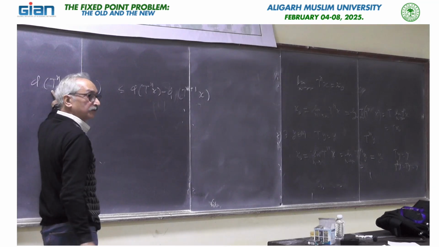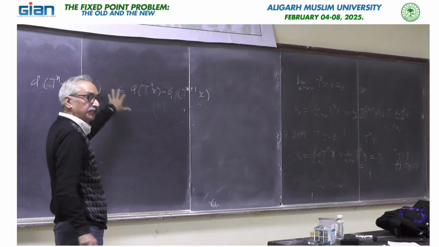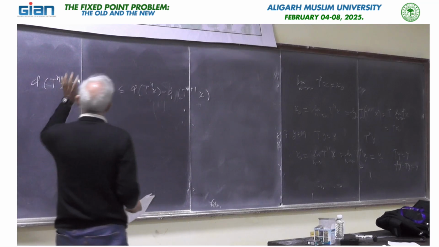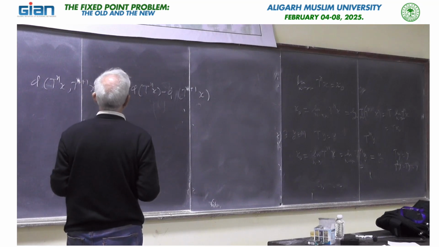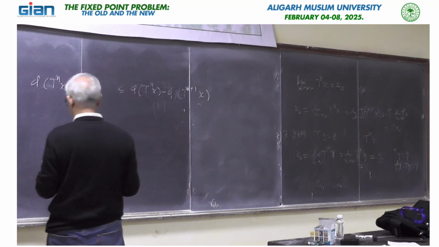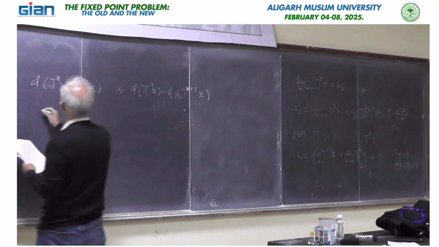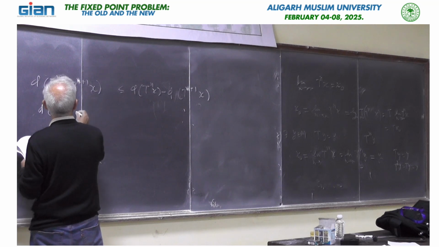We had shown this when we defined that phi, we got this inequality. So look at that inequality again, and let n be fixed and let m tend to infinity. Then this will go to x0. So d of Tn x, this is going to x0,